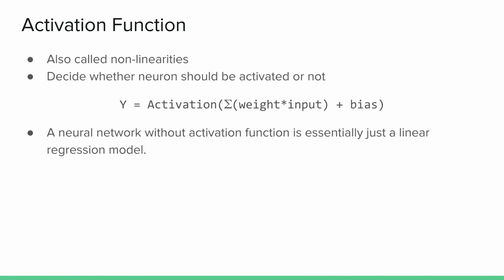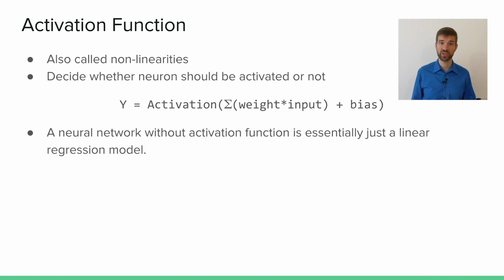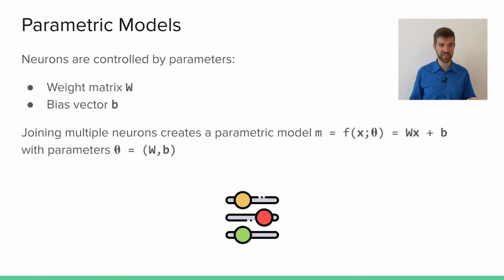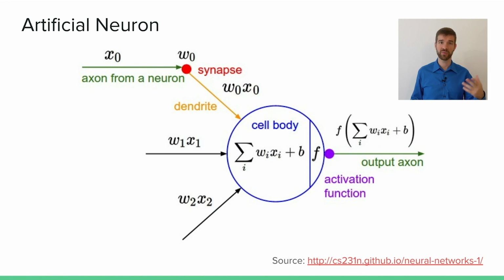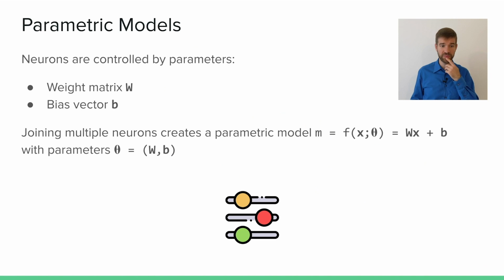The activation function is also called nonlinearity and is an essential part of a neural network. Why do we need an activation function? If you think about this for a second, we just multiply with a matrix W and then add a term B. You can represent this as a single matrix multiplication, and if you don't have any nonlinearities in your model and you apply the same thing a second time,